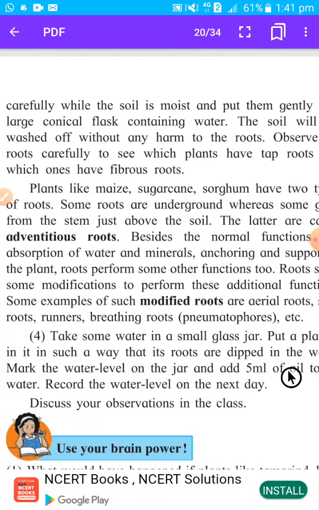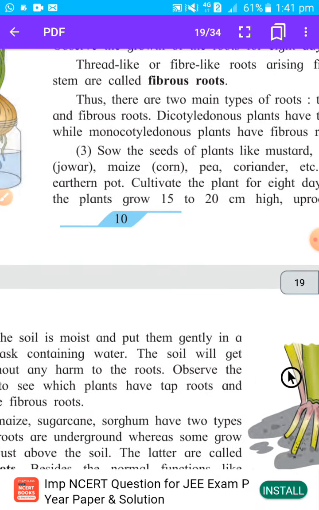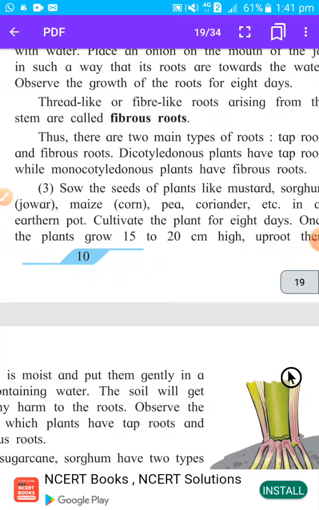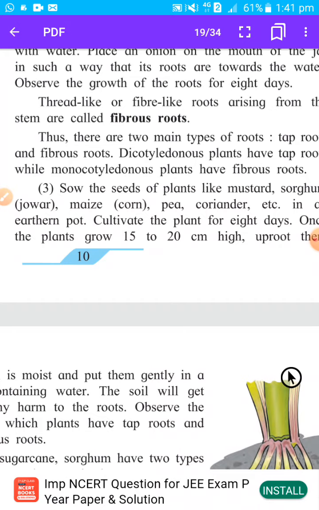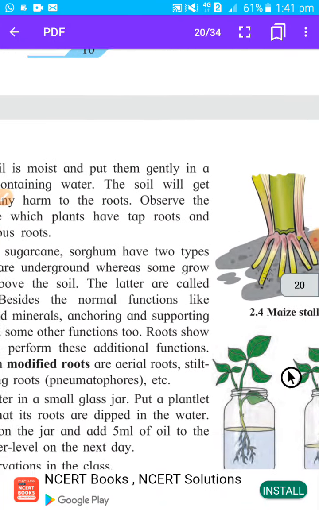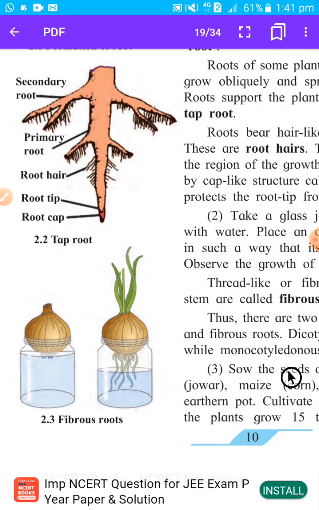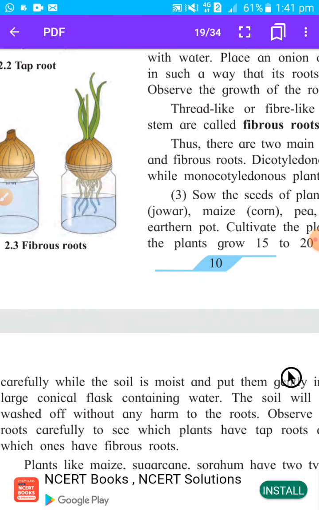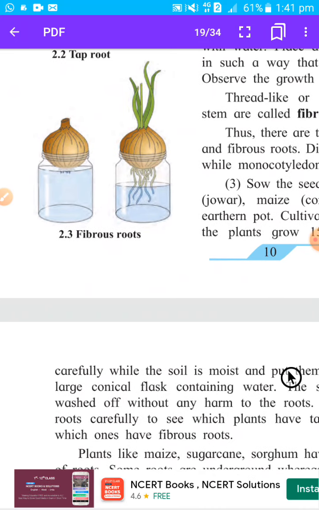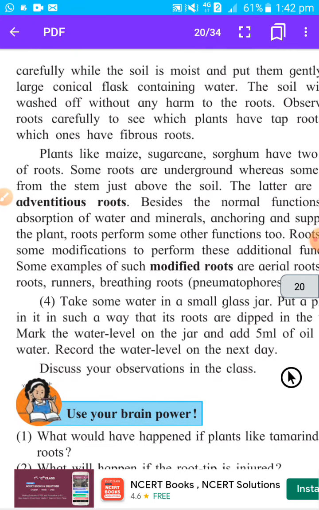So you will observe that plants like coriander have a taproot. Your mother must be bringing coriander, kothimbir. So observe the root of coriander, it is a taproot. Understood? Likewise you can observe these roots and identify them. In a taproot there is one long root, and in fibrous roots, like onion, there are many roots like thread or fiber. From that you can easily identify.